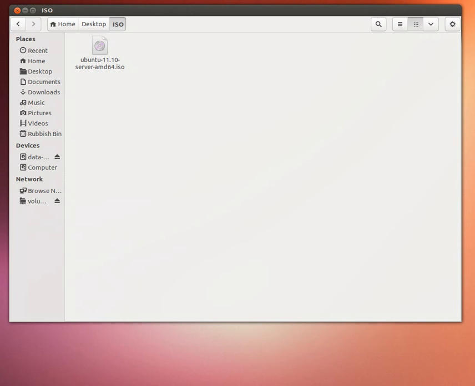The first one being that we need to already have an ISO. Now the ISO is like that CD-ROM that we'd stick into a physical machine. In this case, because we're doing it virtually through Virtualbox, we need to make sure that we've got that ISO that can be used to load the machine. So for us, I'm using Ubuntu